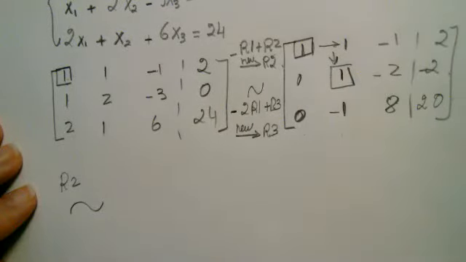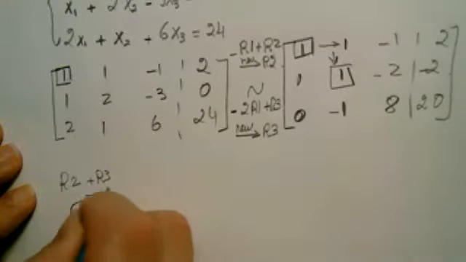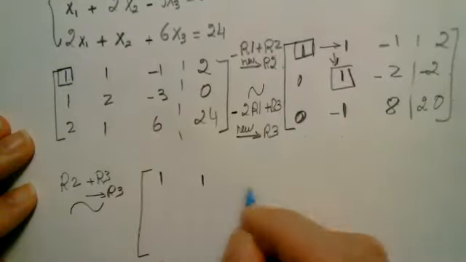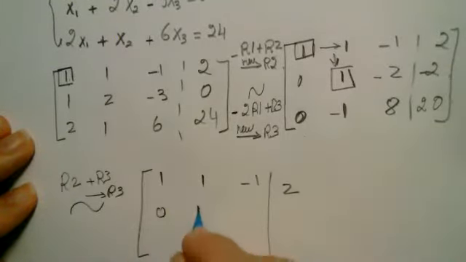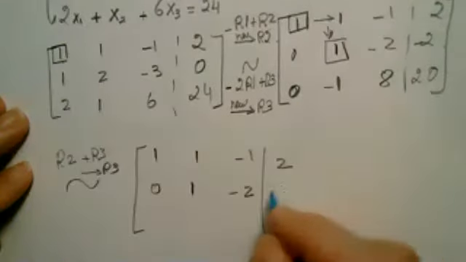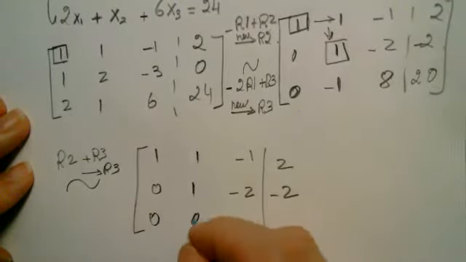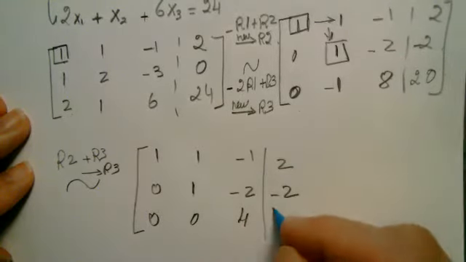So plus row 3, and this will become my new row 3. So it's a 1, minus 1, 2, 0, 1, minus 2, and it's a minus 2, 0. 1 minus 1 is a 0, minus 2 plus 4, that's a 4, minus 2 plus that,